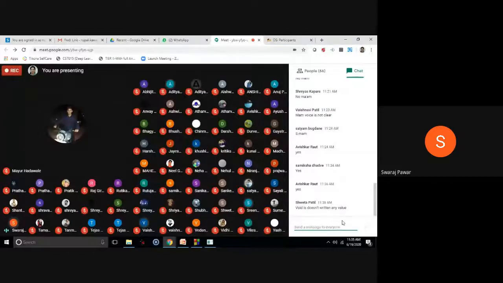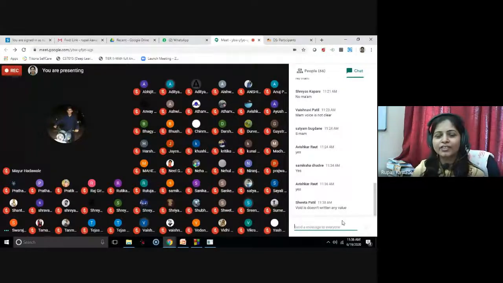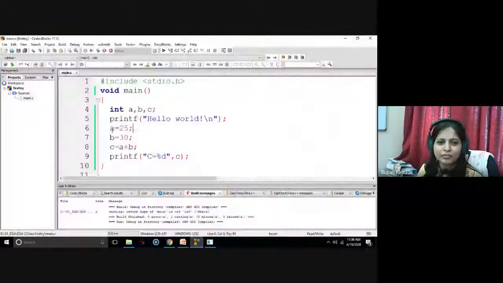It means the default return type is integer, since I have not mentioned any return type here. I got 0 errors and one warning. Will it execute if I run the code? Yes.